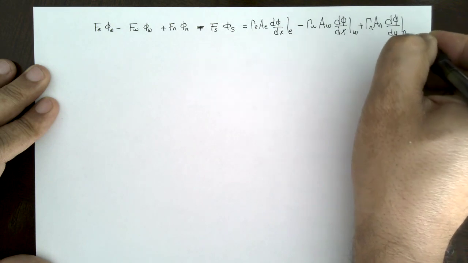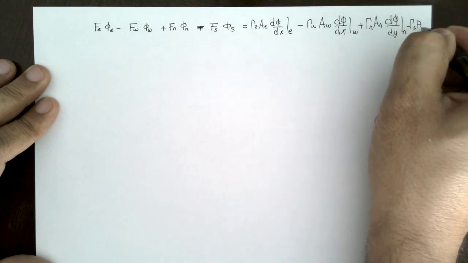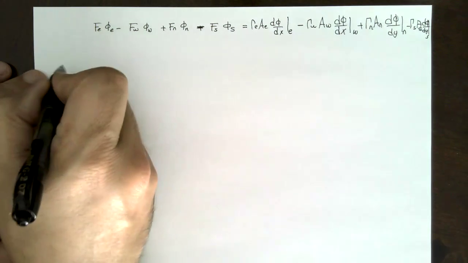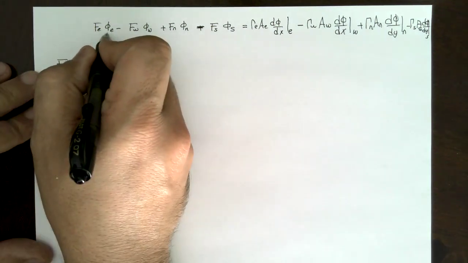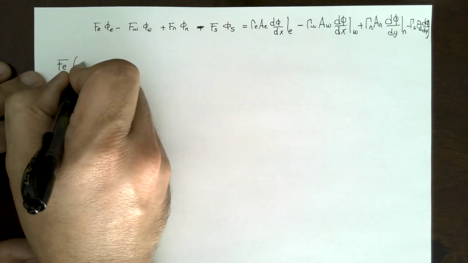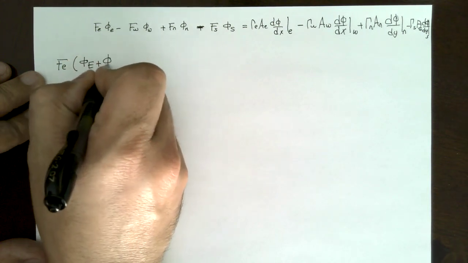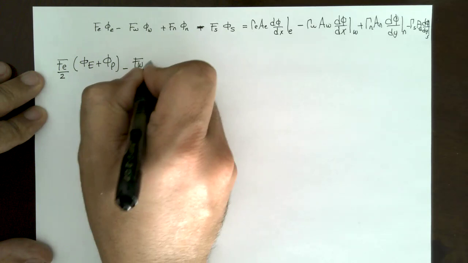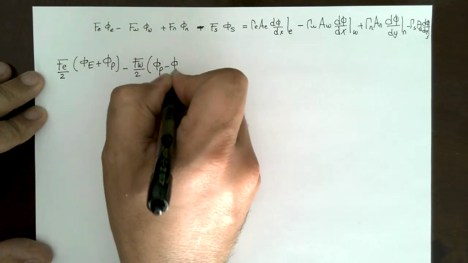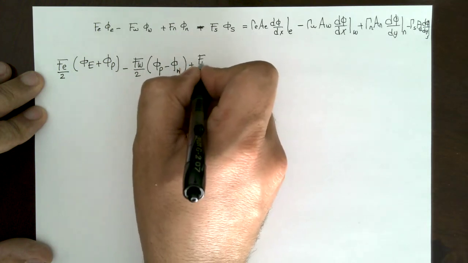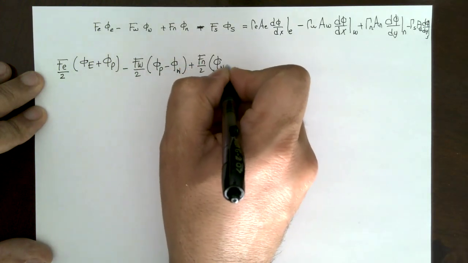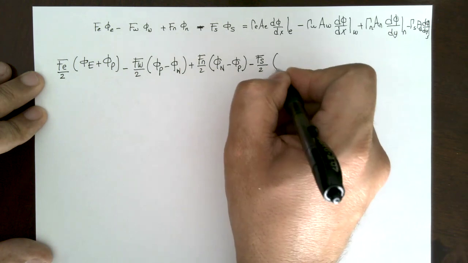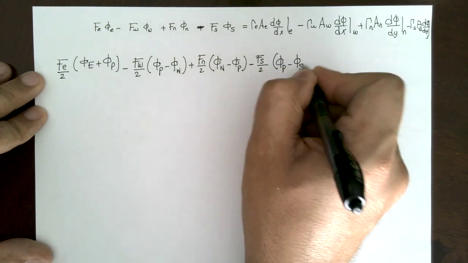dy north, minus kappa south A south d phi by dy south. So if you substitute, I should get the following. I will have F east, and phi east will be simply phi E plus phi P, divided by 2. I will take the 2 outside here, minus F west over 2, phi P minus phi west, plus F north over 2, phi north minus phi P, minus F south over 2, phi P minus phi south, and that